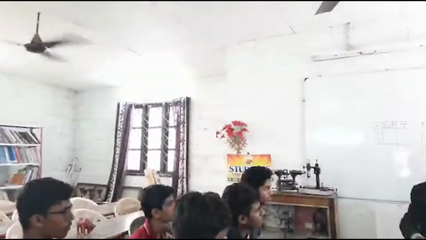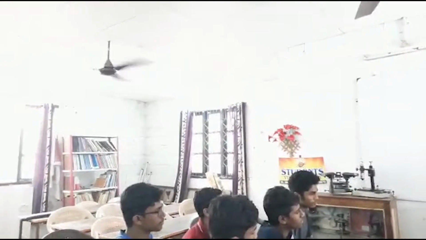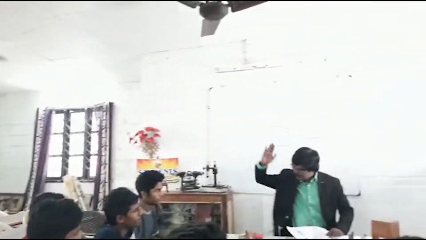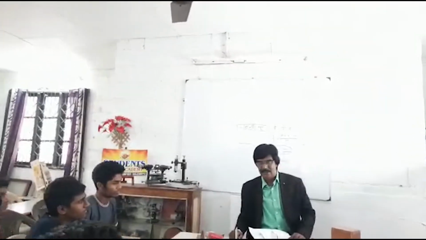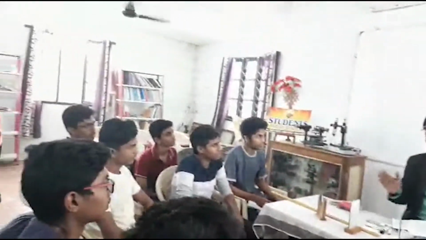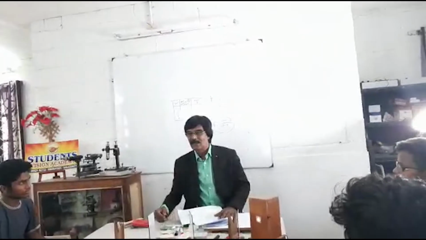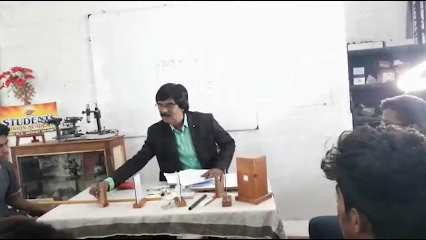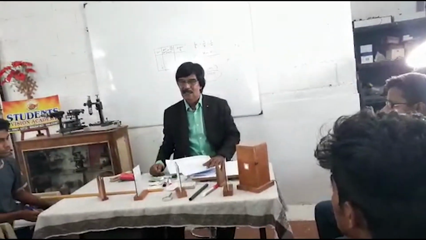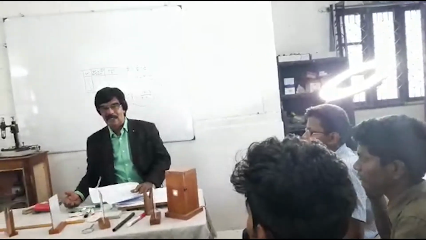Now we have focused on one tree, no? To get more precise, you can focus on some other object. Again, you find the focal length the same way. Take that F and this F, add these two, divide by 2, you get the average. You can do like that also. If you want to be a little more perfect, take one more object and focus somewhere else. This is how you can learn how to do the experiment.